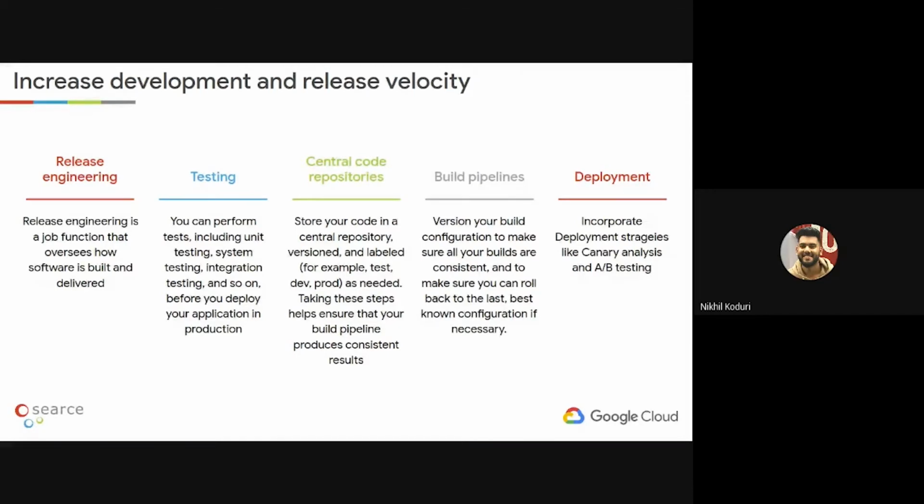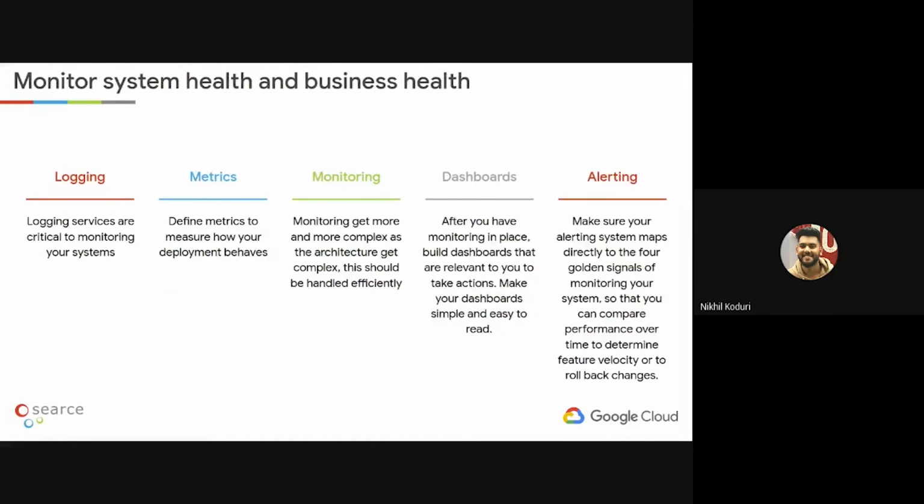And the final thing is, once you have all these factors in place, the next thing you have to be worried about is the deployments. The deployment cannot be a straightforward deployment, which can tend into downtime. That cannot be a part of an ideal business use case that I would be hoping for. We need to incorporate things like canary analysis and A/B testing that let me release smaller chunks of newer versions and have live traffic on these applications. That helps me analyze how my application is performing and catch any kind of error or bug at an earlier stage and at a very low level of demographic, right?